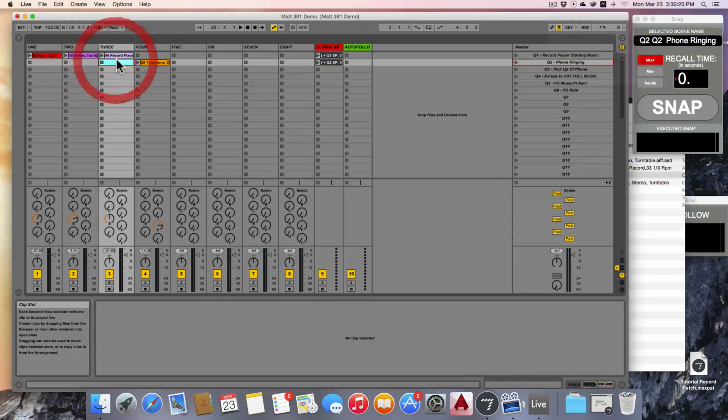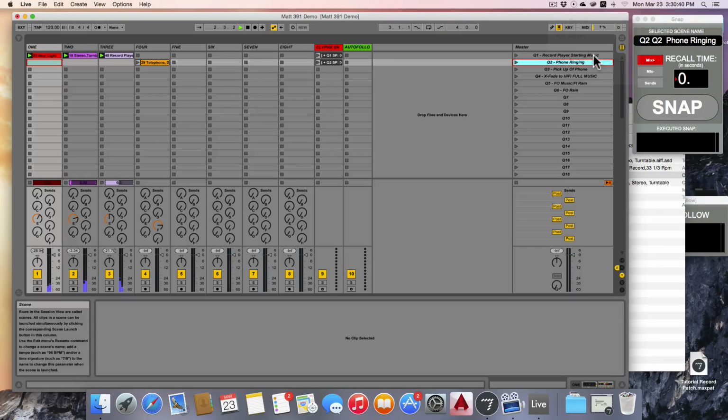So what I'm going to actually do here is select all 3 of these little slots, because we can see we have the square, which means stop. If you right click, you can go remove stop button, or you can see there's a key command, Command E. And this one here, I'm just going to press Command E and it goes away. So now when we launch Q1,